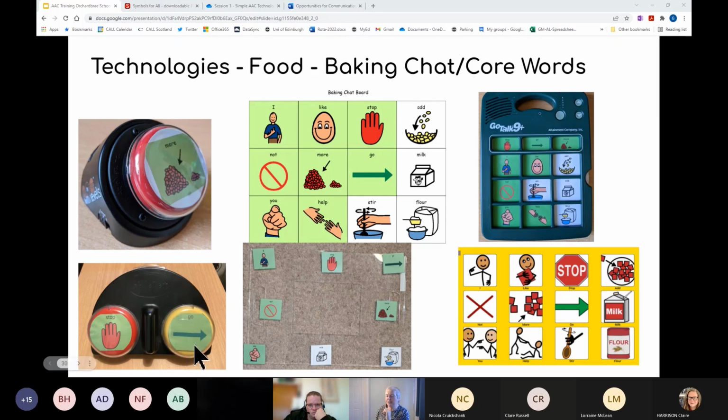So quite a few actions are involved in baking that a learner could be involved in, starting and stopping, and that can be quite a bit of fun. So the GoTalk board there, and a similar, mirrored sounding board, and just here another example of using printed symbol resources, and it might be quite tricky to see the symbols on this Perspex